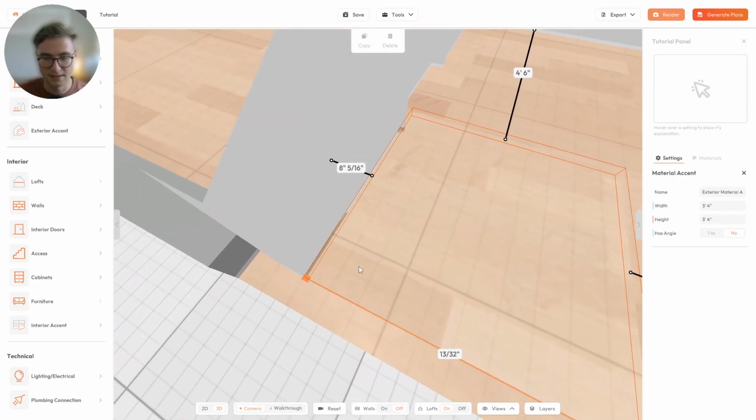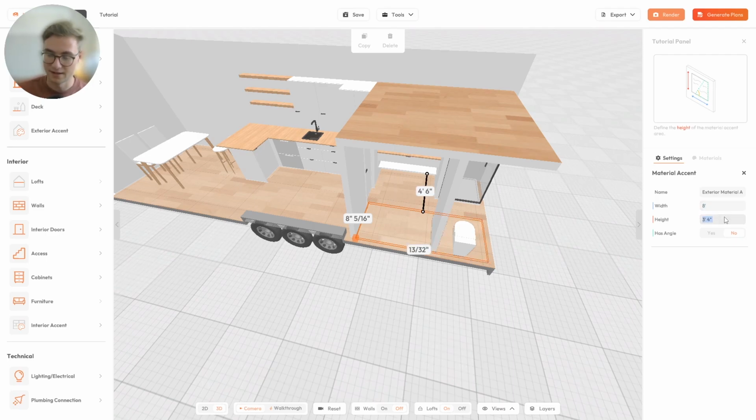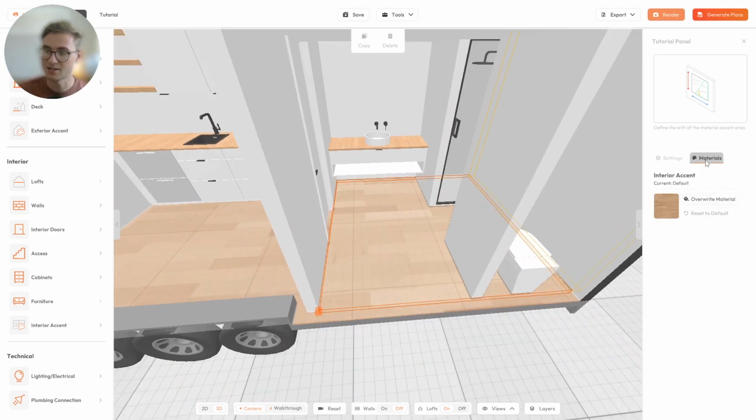There we go, perfect. And now let's make it, we need another 4'8" on this side here. So let's make it, that's what, 8 feet altogether? Yeah, there we go. And I think that is 7'10". Yeah, there we go. So we did that, and now what we can do, we can change the material of